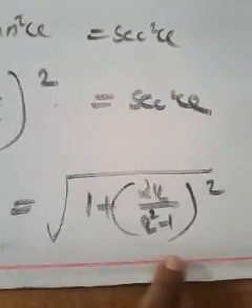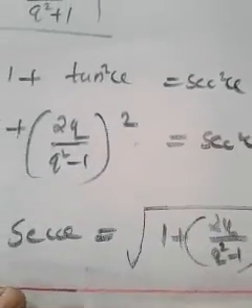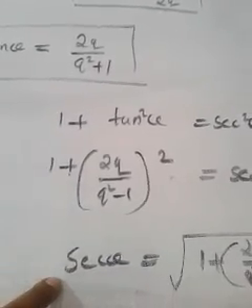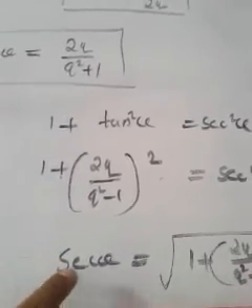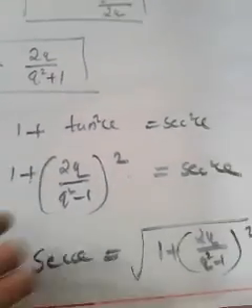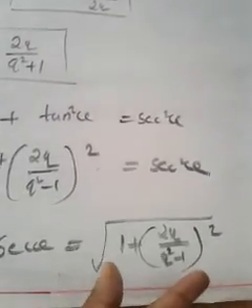So you can simplify this expression by applying square and all, but I am not going to do that. I am going to stop here and let me introduce one more method to find out sec theta. This is one method of finding sec theta by using this cot theta. You may have understood. And let me introduce one more method. When we use that method, we will get the answer in the most simplified form.